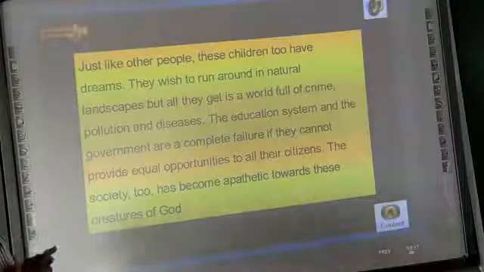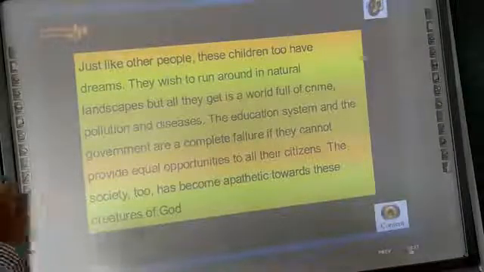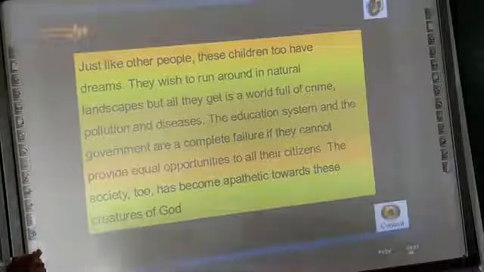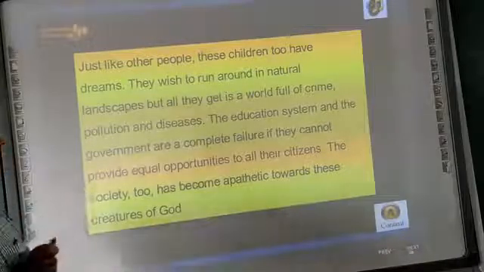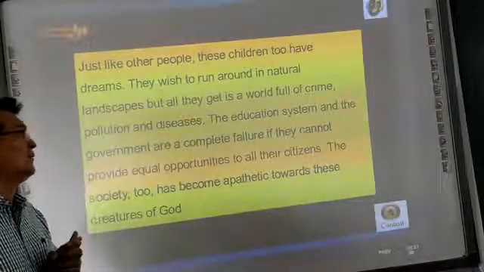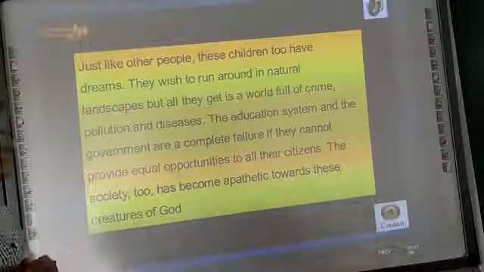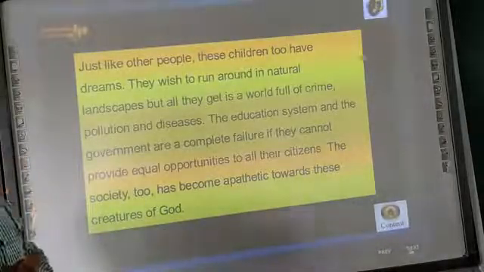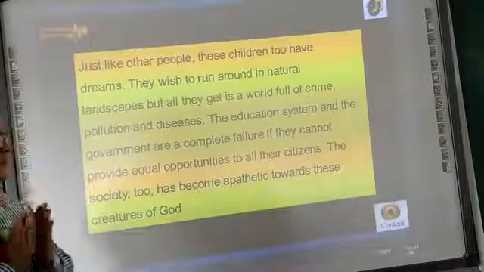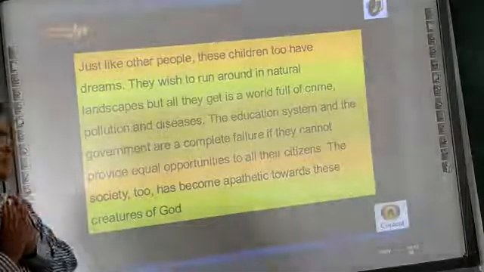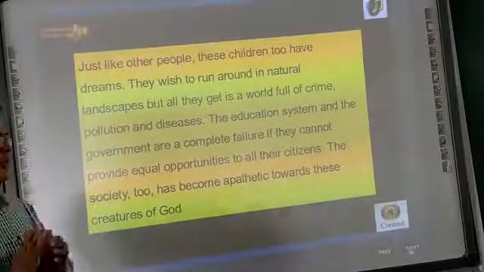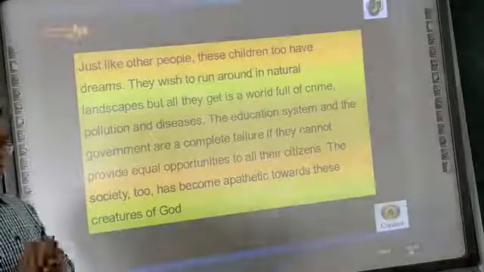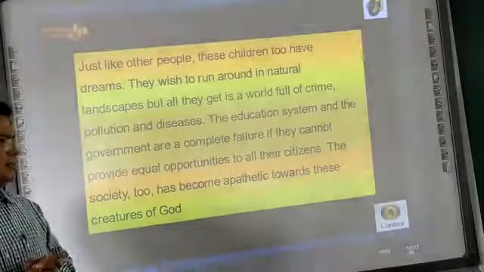Just like other people, these children too have dreams. They wish to run around in natural landscapes, but all they get is a world full of crime, pollution and disease. The education system and the government are a complete failure if they cannot provide equal opportunities to all these citizens. The society too has become a pathetic